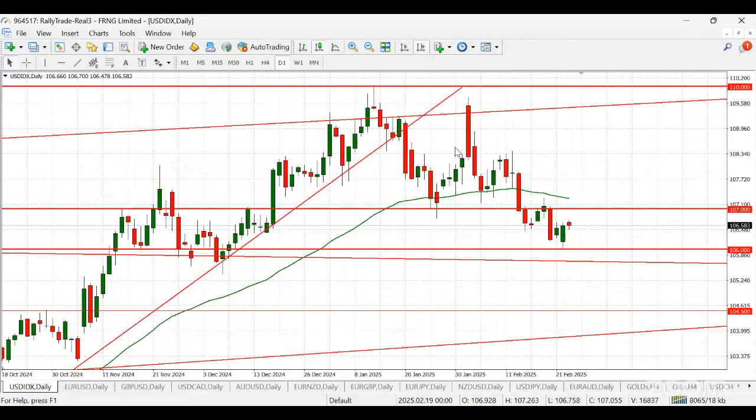Okay, so I have MT4 up, and this is the dollar index. The dollar index to understand the direction of the dollar itself, and then easily we'll be able to apply this to the rest of the major pairs as well as gold and even US indices as well. All right, so that's usually why I like to start from here. Once I understand the direction of the dollar, I can easily apply it to the rest of the major pairs and other assets that correlate with the dollar. All right. So this is the daily time frame,